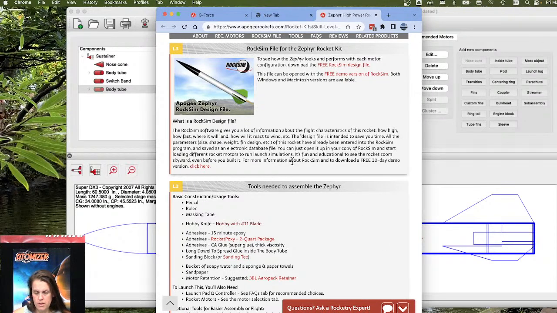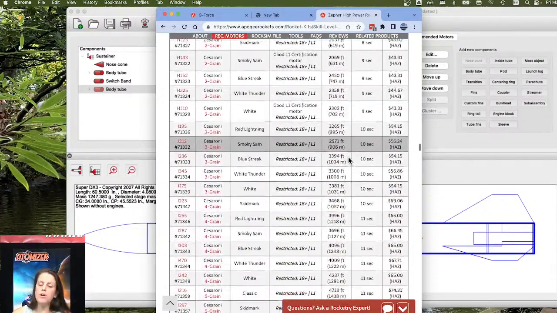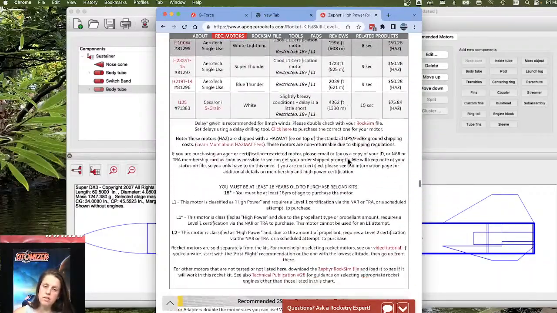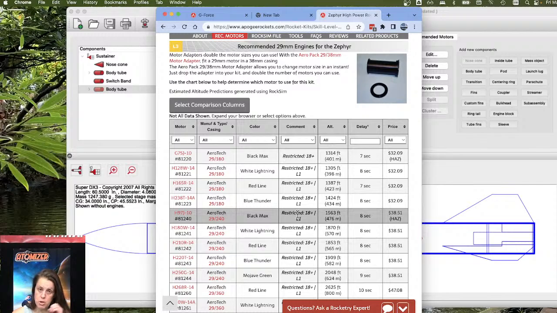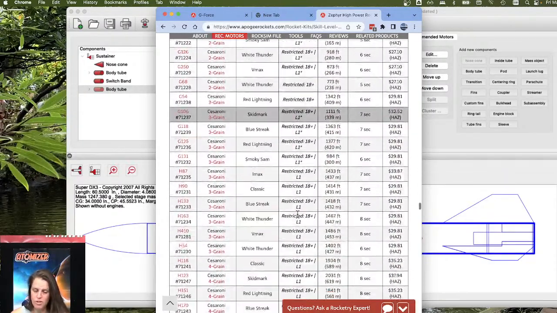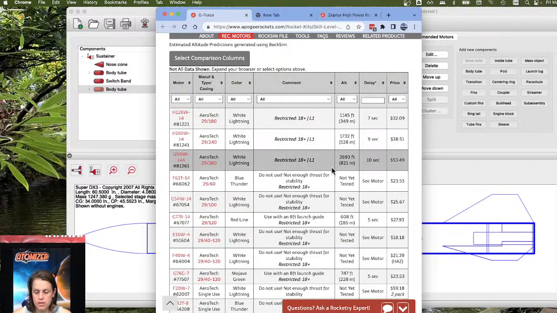If you go to the Zephyr page, let me just show you. These are all the motors listed in the Zephyr. There's a million. And these are ones that you can even fly out. The Zephyr has a 38mm motor mount. You can put a 29mm adapter and fly 29mm motors. So then there are additional motors in here. But if we go to the G-force,